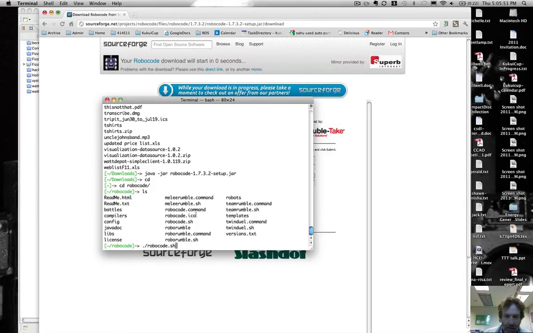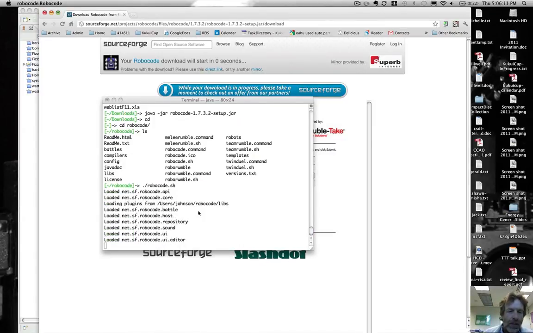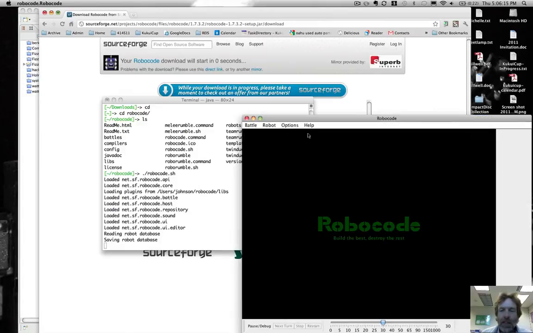In a Windows environment, what is it called? robocode.command, I guess, is the one for a Windows environment. Okay, so anyway, we invoke robocode.sh, and this brings up